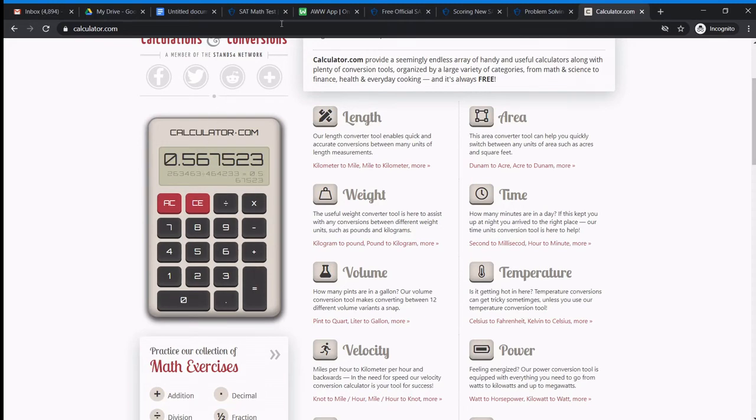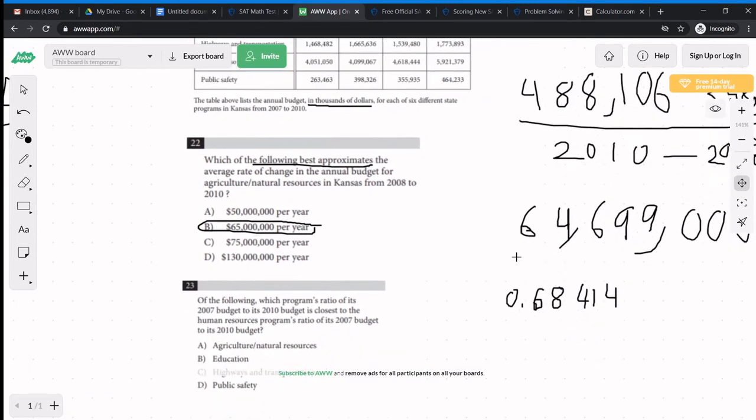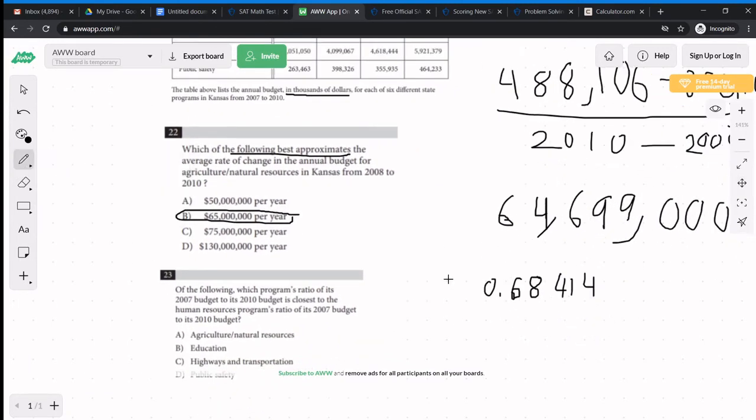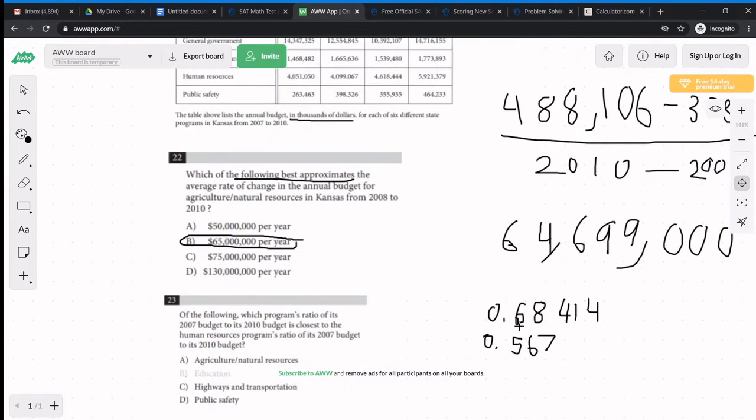Alright, 0.567. That is not too close. For me at least, I'd be satisfied with this answer. Just because, just looking at these, I can tell that none of these are going to be a bigger increase than that. However,